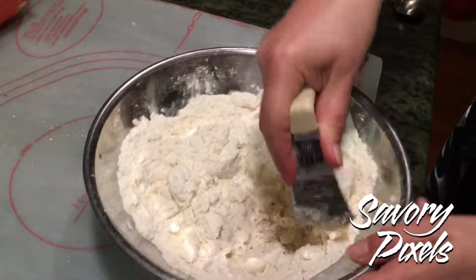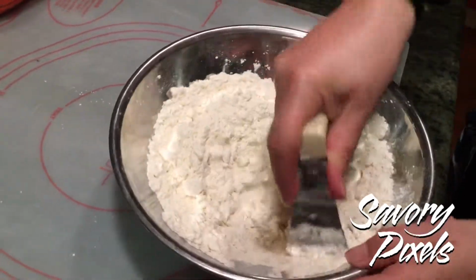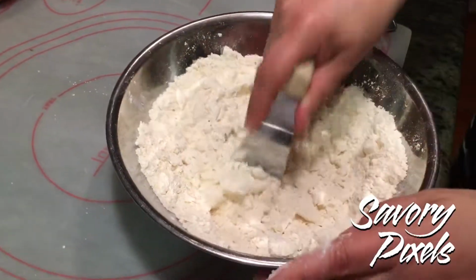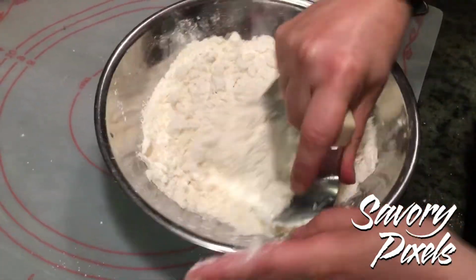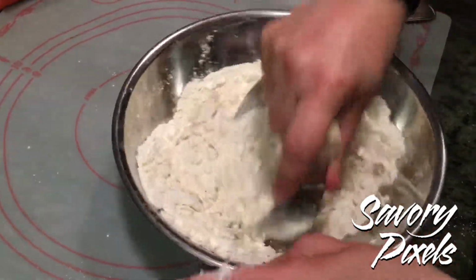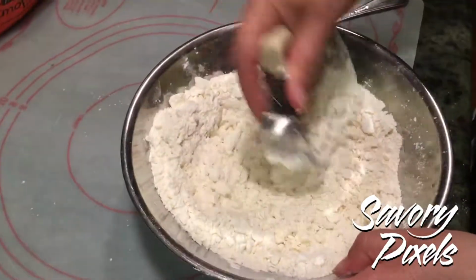Cutting shortening into the flour works kind of like this. You just push the shortening through the blades of the pastry cutter and keep scraping it down. It shouldn't take you too long to get the shortening mixed in. What you want is the shortening cut into small balls that are a consistent size,